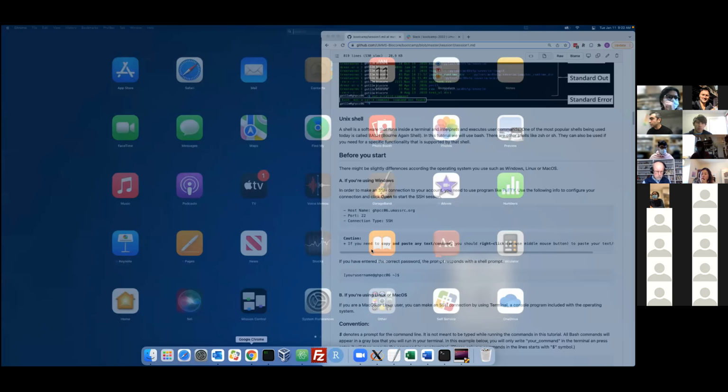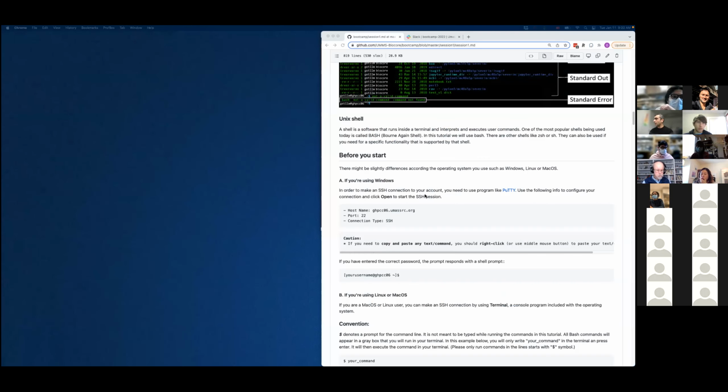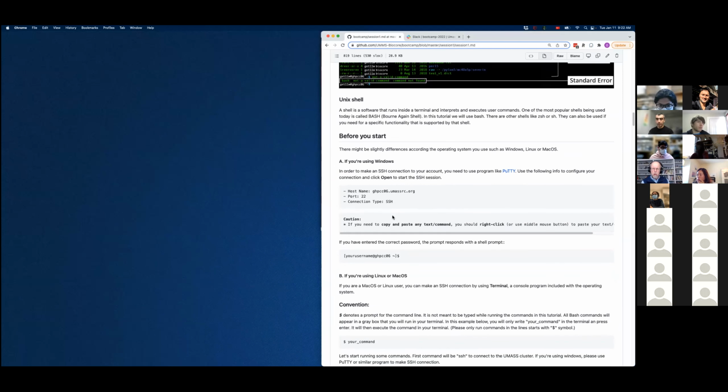I'm going to use something a little bit different, but essentially it's going to be the same. If you're a Windows user, it's a little more cumbersome, so you should have installed the PuTTY software. You'll fire that up, and then we are going to connect to the cluster. But if you are using Mac or Linux, do not connect to the cluster yet, because I want to show a couple of things before. But if you're a Windows user, please go ahead and use these settings to connect to the UMass cluster.